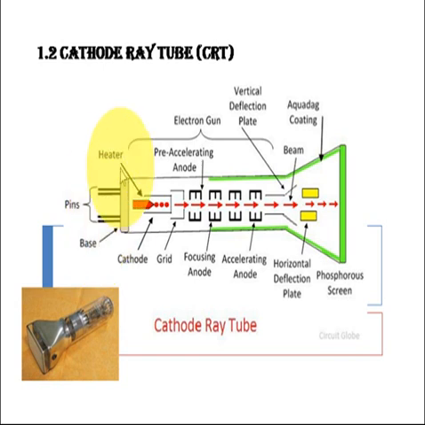So these are the four parts of the CRT we have learned: the electron gun assembly, the deflection plate assembly, the glass envelope and base of the tube, and the fluorescent screen and Aquadag coating. These were all the parts of the CRT tube. This is how the CRT tube is responsible for generating the signal at the output, or on the screen of the CRO.